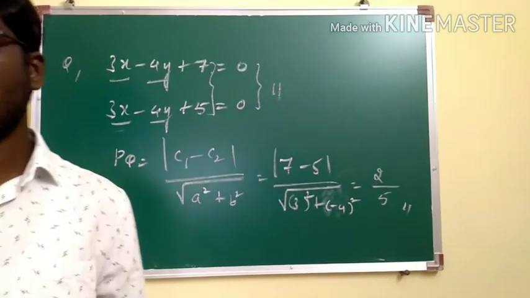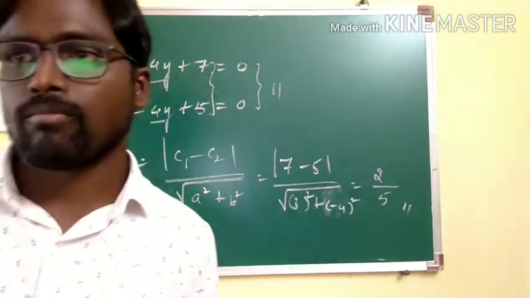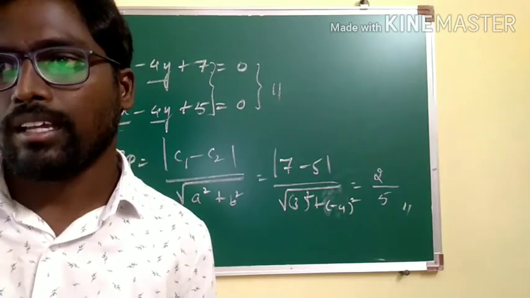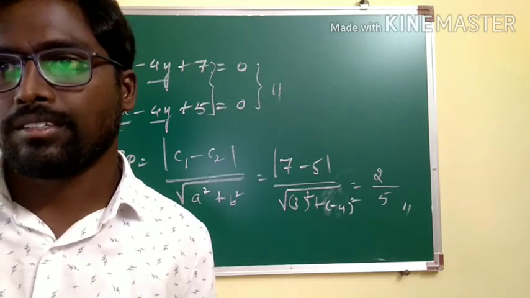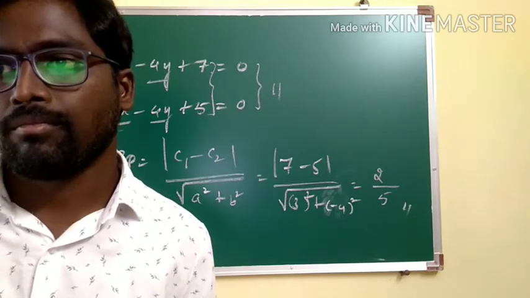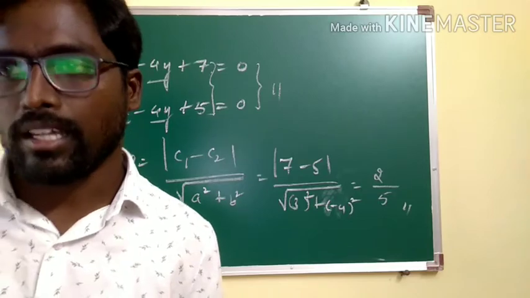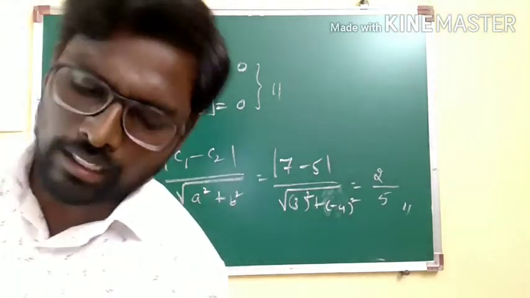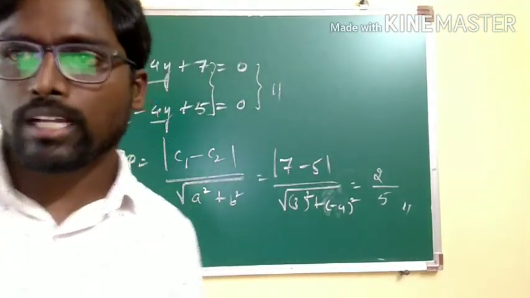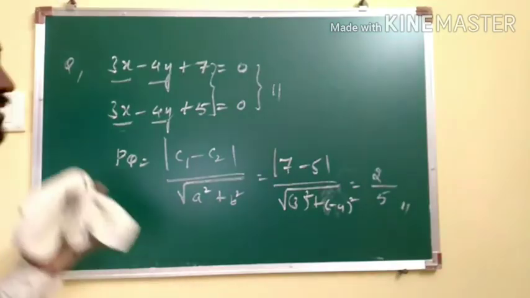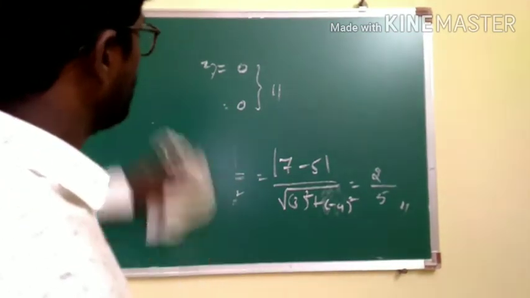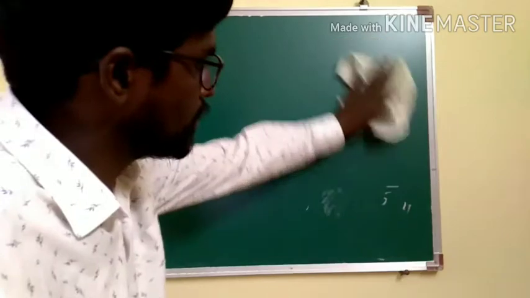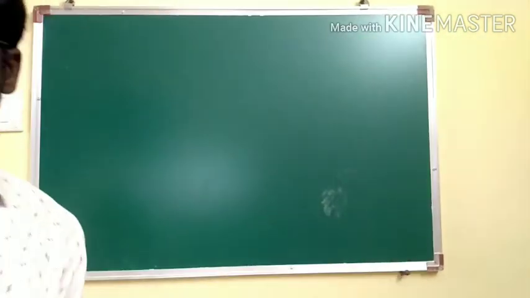Find the area of the triangle formed by the lines. Otherwise, write like this: prove that the area of the triangle formed by the lines